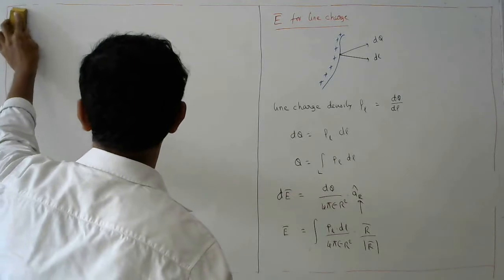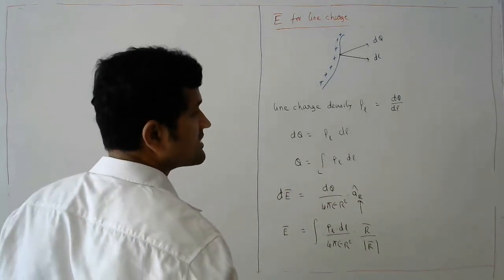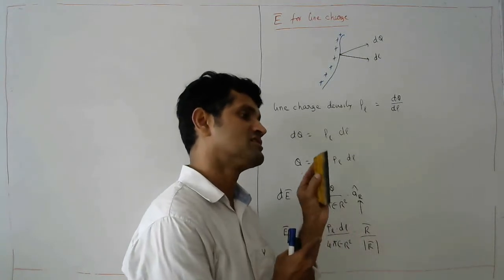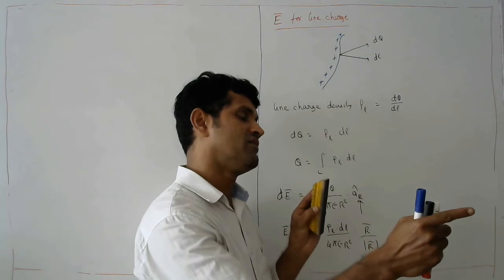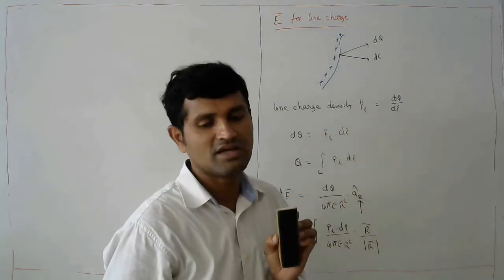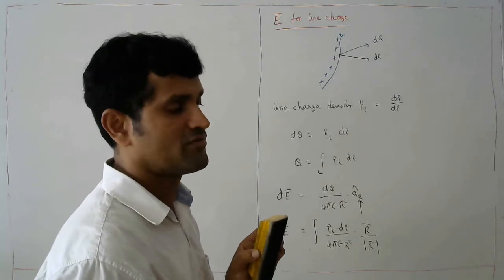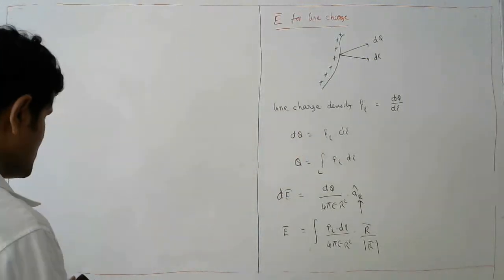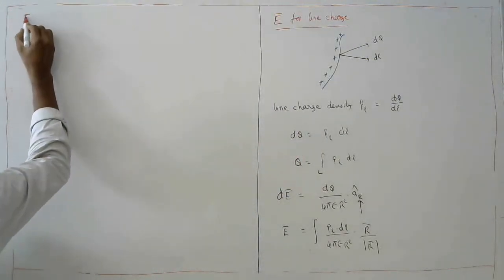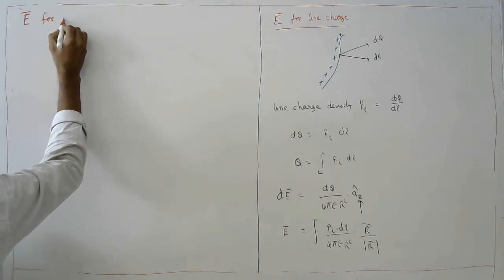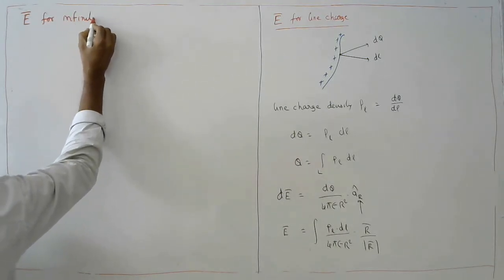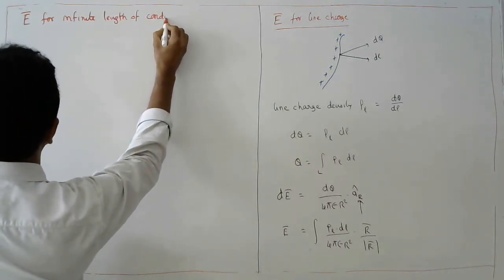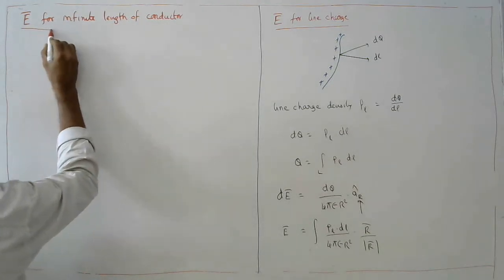Now, this one application is important. We have to consider that the conductor length is not infinity. If the conductor has infinite length, and you take any one charged body, what is its effect on the other planes, on the other coordinate systems, and how much magnitude do you get? For that we have to derive the expression. So the topic is the expression for electric field intensity for an infinite length of conductor. The conductor is having infinite length.